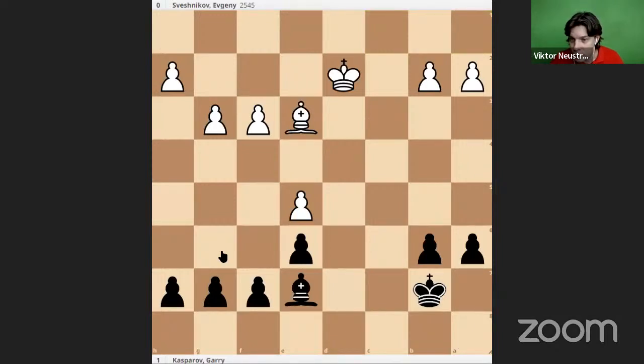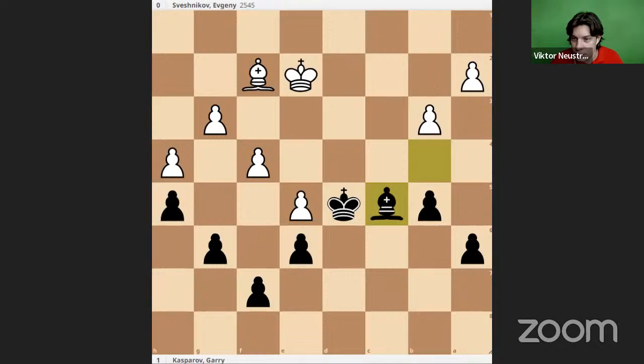this position. So the first question was, can white capture on c5? No, they cannot. If they captured on c5 in the game, and this is how Sveshnikov lost. Let me show you what exactly happened. But before I show it, I'll tell you that after bishop e3, white was able to